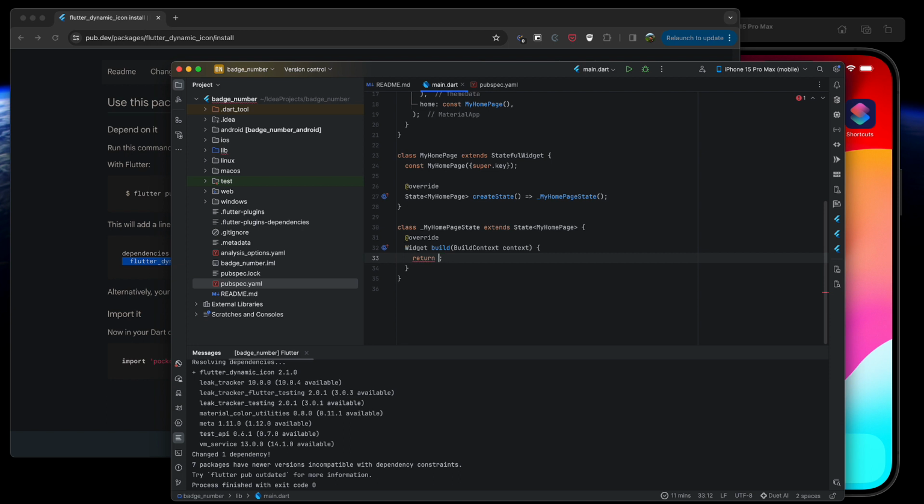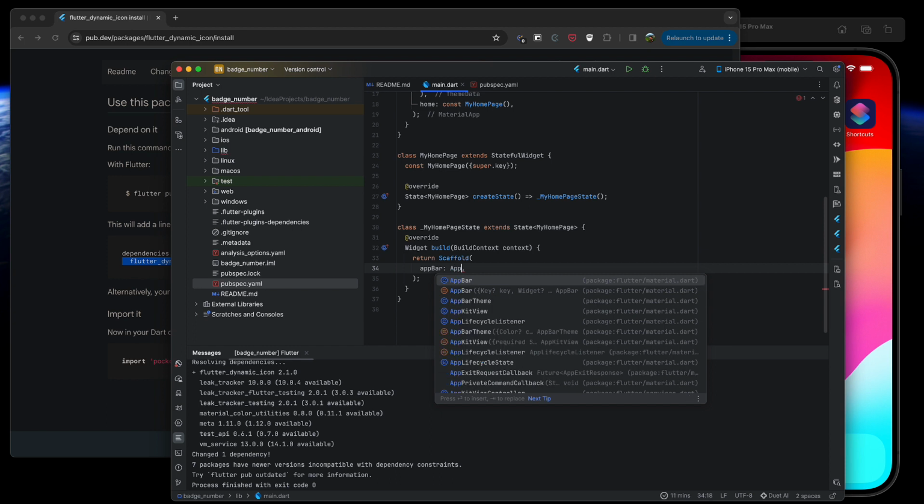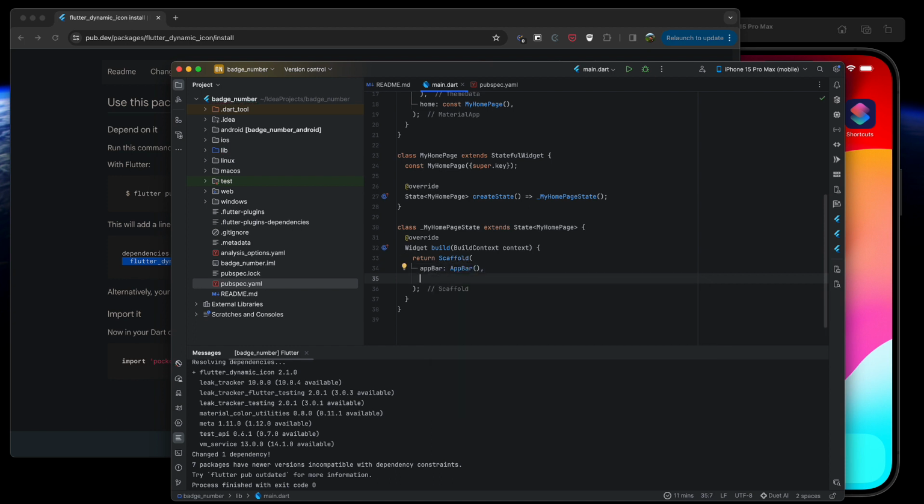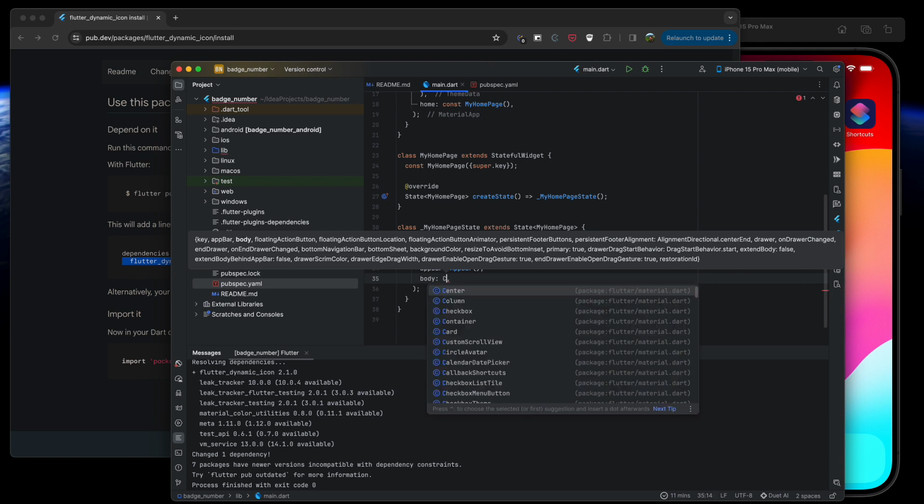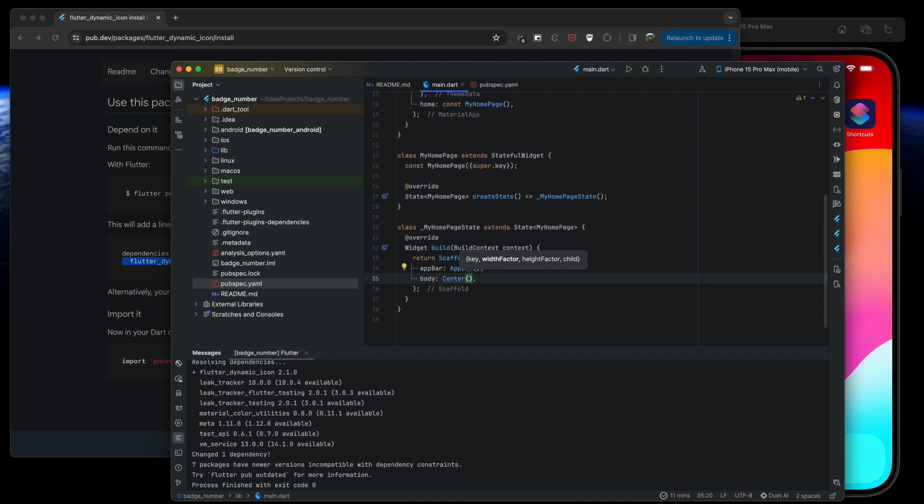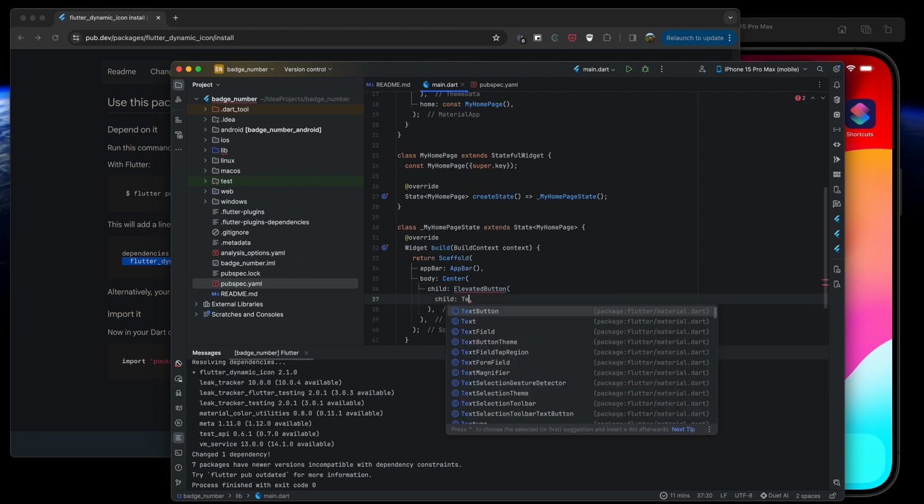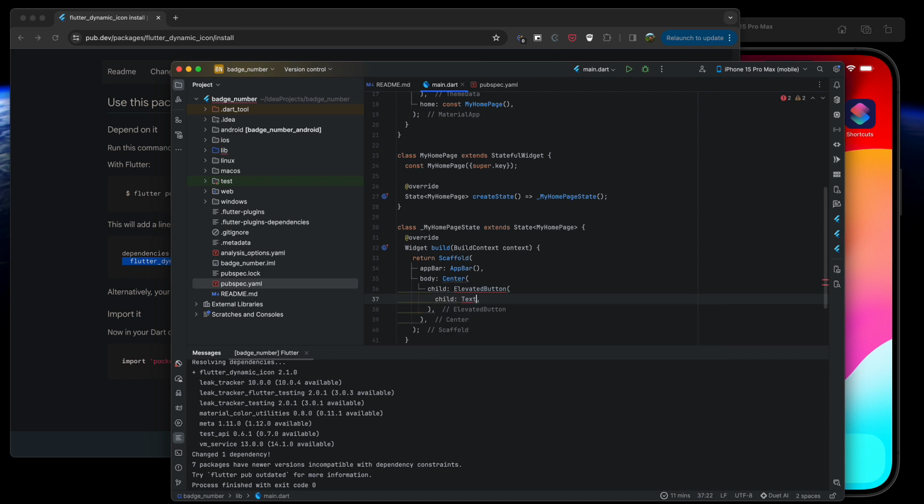In my scaffold, I want to say I want a normal app bar, and inside of my body I'm going to have a button in center, and I'm going to say set badge number,